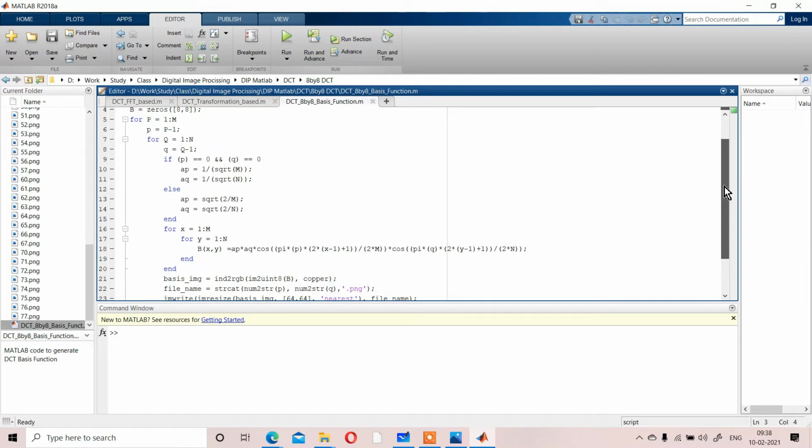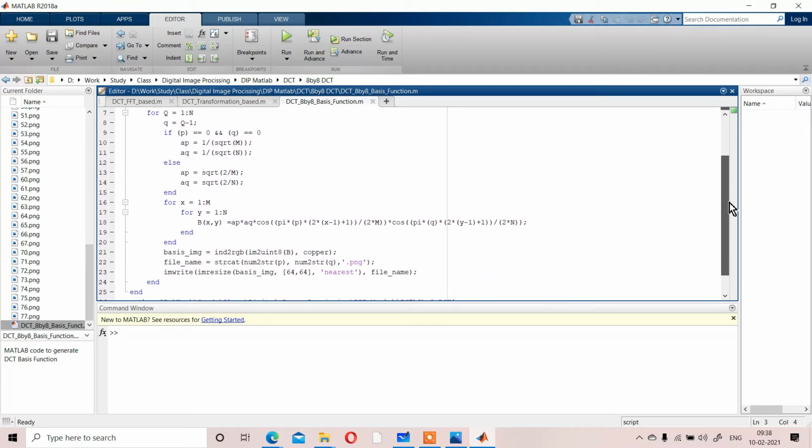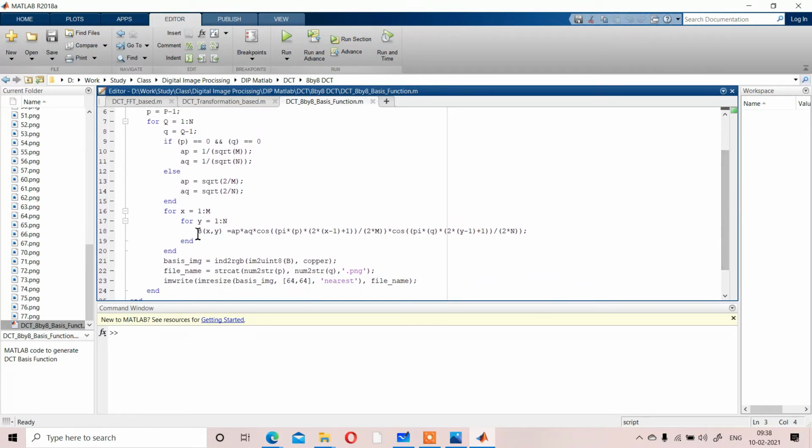I'm not going into the code in detail. That equation simply defines the overall equation, that is alpha p multiplied by alpha q cos of pi p into 2x plus 1 by 2m, that formula. So that formula I have developed here, and depending on that formula, if we write that code,